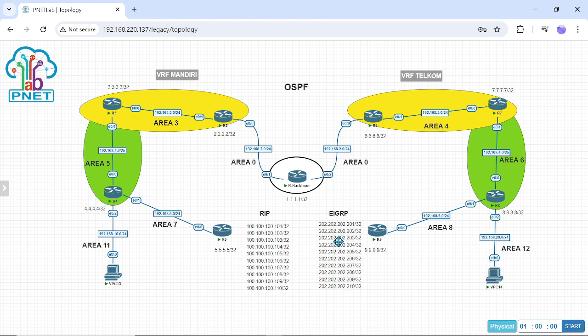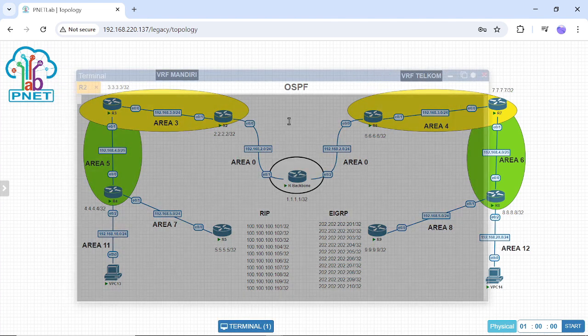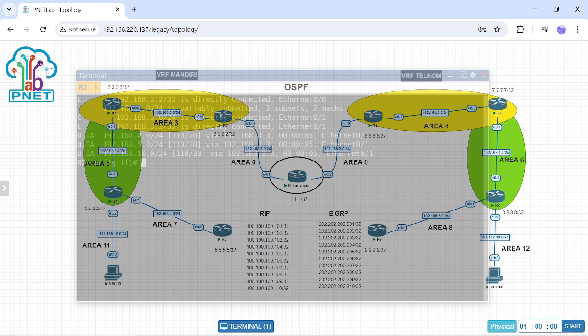I will show you the VRF Mandiri configuration first. I'm sorry.